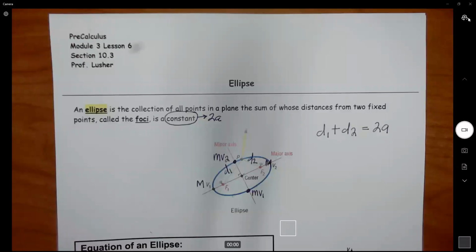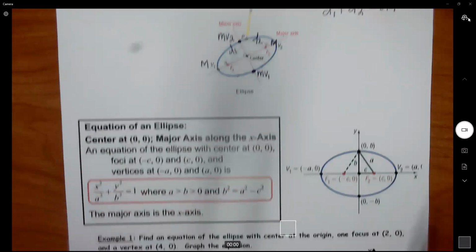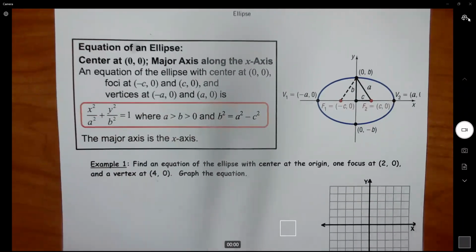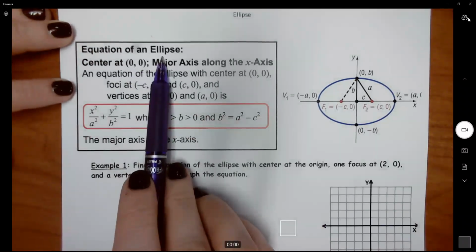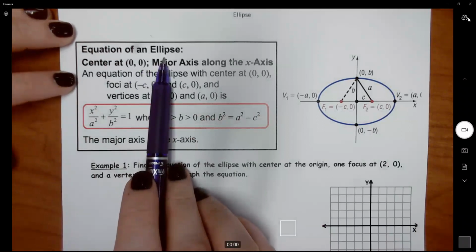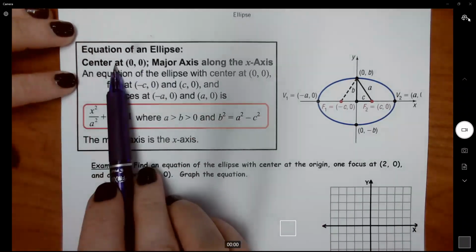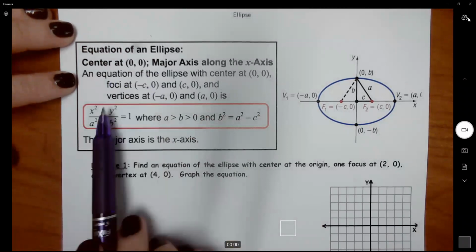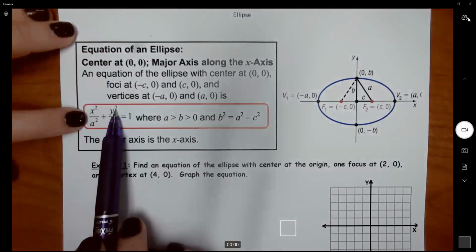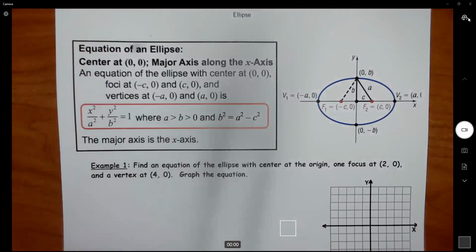All right, in the last video, we just went over the definition. We went over a lot of the parts of this. So now let's get into an actual equation. My equation of an ellipse is going to change depending on a lot of different things here. But when it is centered at 0, 0, I know it is centered at the origin because it's only x squared and y squared. If you look at your formula sheet that I give you,